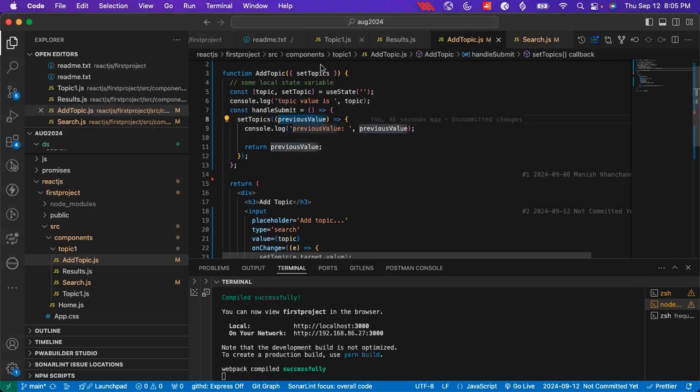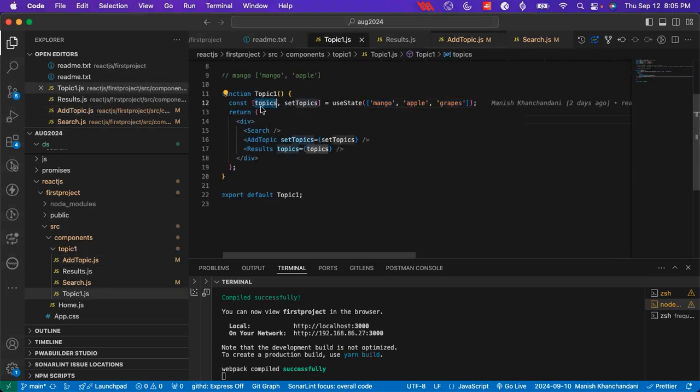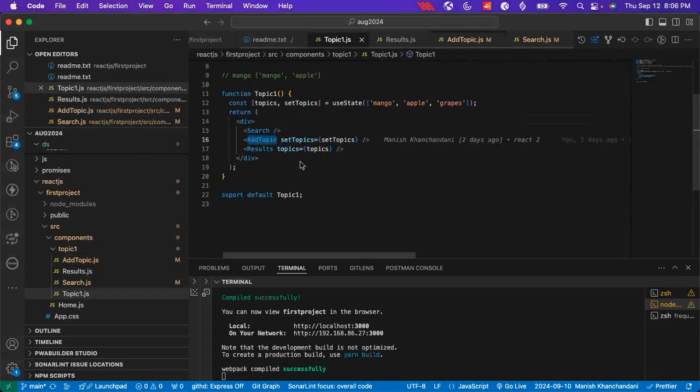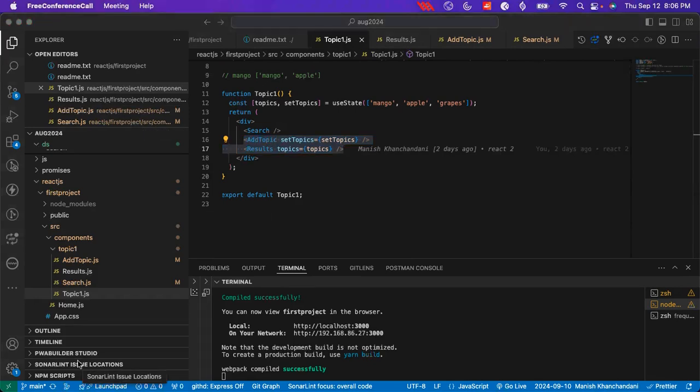So in the previous value, we always get these topics. So we don't need to pass these topics specifically here as a separate parameter. We have to try to minimize the parameters, props, which we pass to any component. Since we are getting previous value here, we don't need to pass topics from here. Is that part clear? Okay. Now